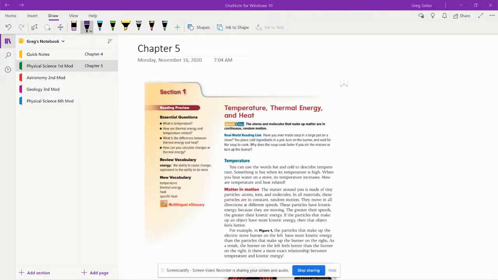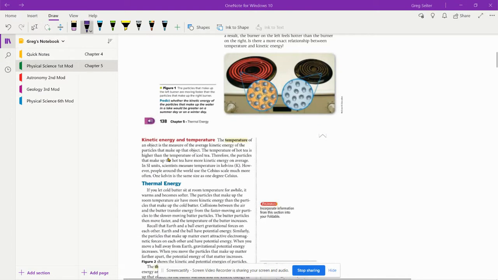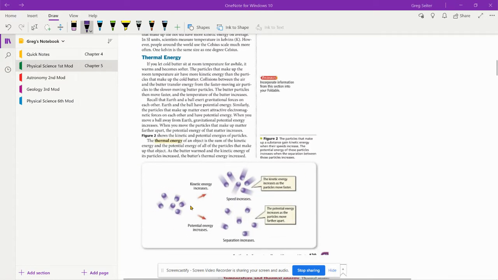Right, this is chapter 5.2 lecture. Remember, 5.1: temperature, thermal energy, and heat. Thermal energy or temperature is nothing more than the measurement of the kinetic energy of the particles that make up that object. Thermal energy is the total potential and chemical energy of those